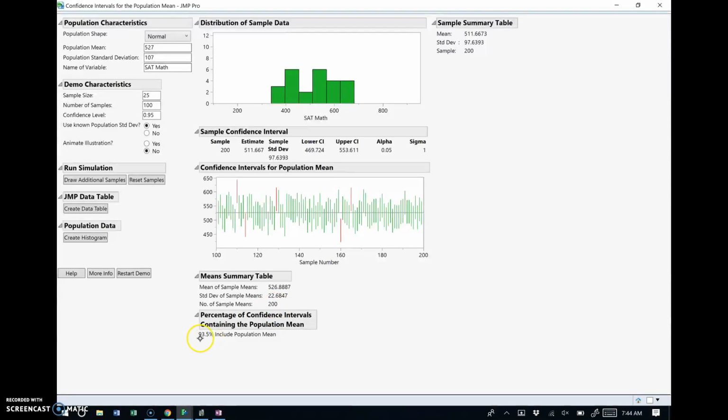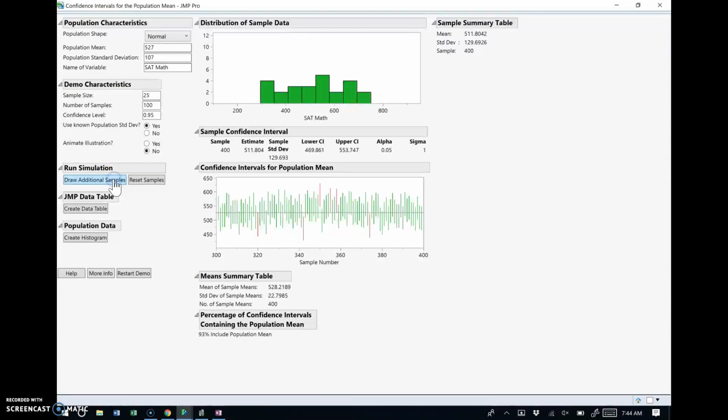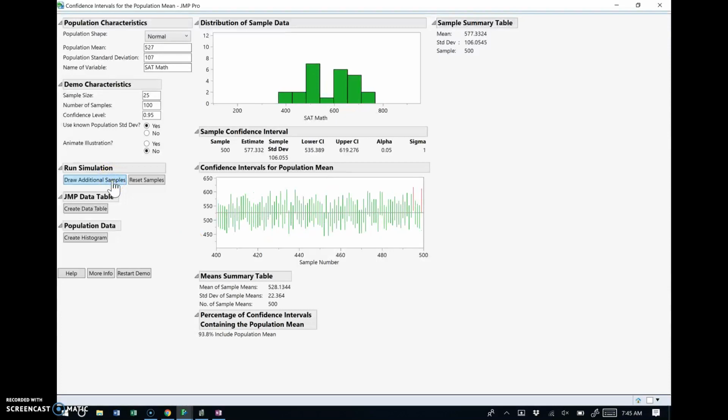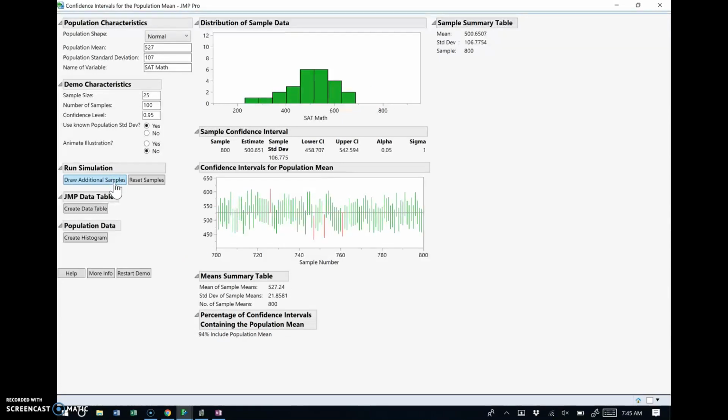And now look at the bottom here where it says percentage of confidence intervals containing the mean, 93.5%. And we could just run this simulation several times. Keep going. Now it's 300 samples, 400 samples. It keeps recalculating the statistics each time. And here I am at 600. I'm going to go up to 1,000 samples. 800,